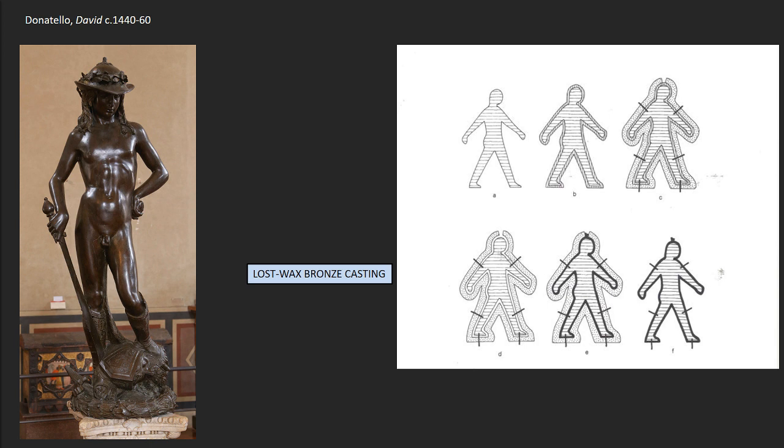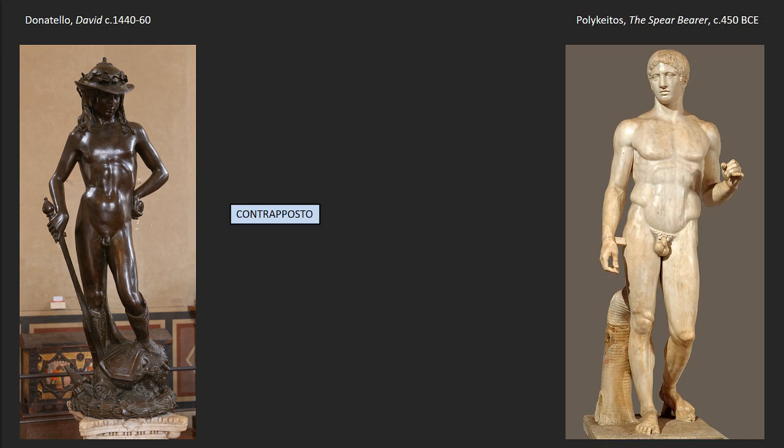Well, here's Donatello returning to this, returning to ancient techniques, returning to the human form. Certainly, he's returning to contrapposto. You can see the pose is that same counterbalanced pose, or at least the derivation of it, that we saw